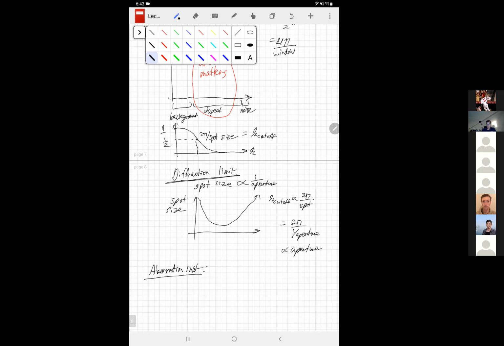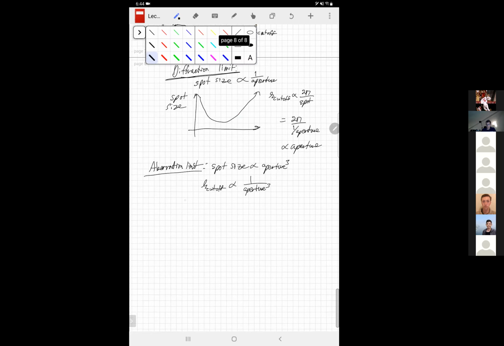Now, what about in the aberration limited regime? Now the spot size is proportional to the cube of the aperture. So the cutoff frequency is proportional to 1 over the aperture cubed. So what I want you to do